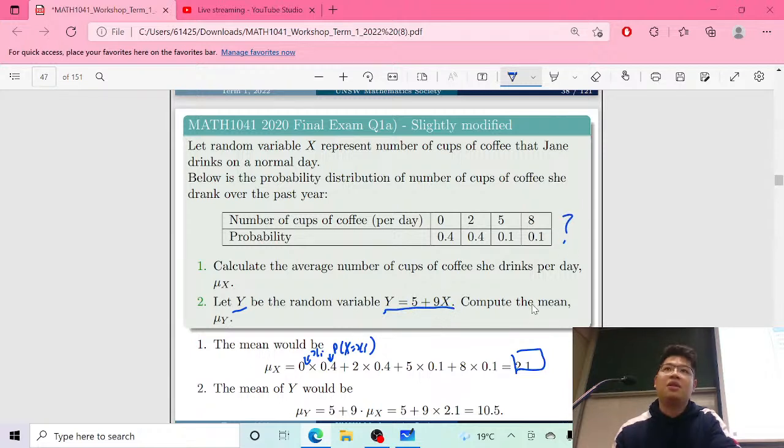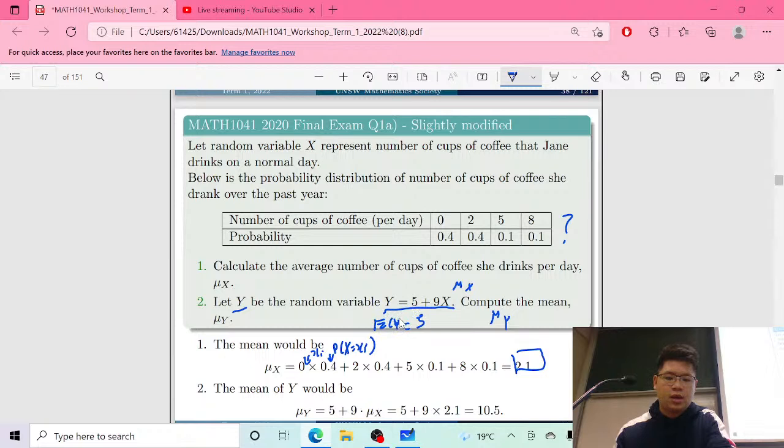You don't need to make a new table anymore. You just need to use what you already found from the first question, which is mu x. So the question asks you to compute what is mu y. And look at this. All you need to do is use the formula. Remember, you just take out the constants. So this would be equal to